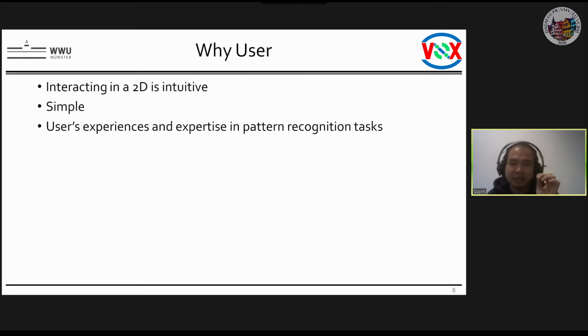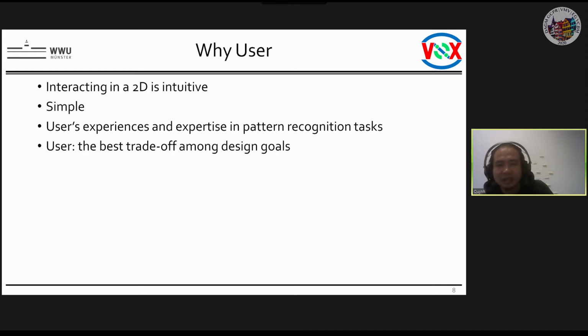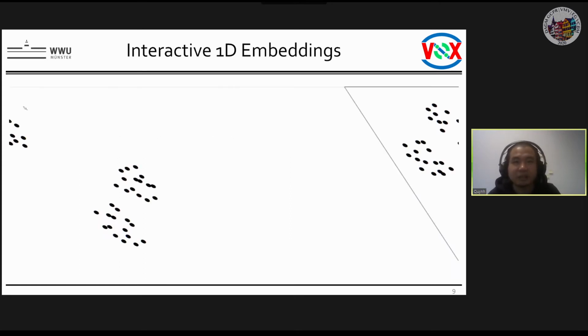And thirdly, the users can define a mapping according to the analysis tasks in mind, and they can bring their own experience and expertise in pattern recognition tasks. And finally, often the designed embeddings have primary or secondary design goals where the weighting is hard to determine automatically, while the user is able to find the best trade-off. So the main idea is to create,